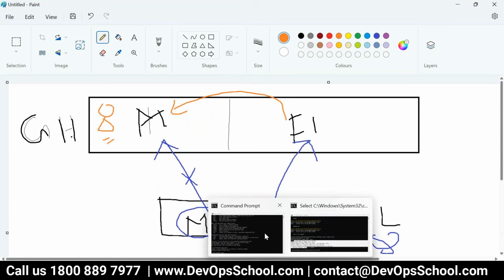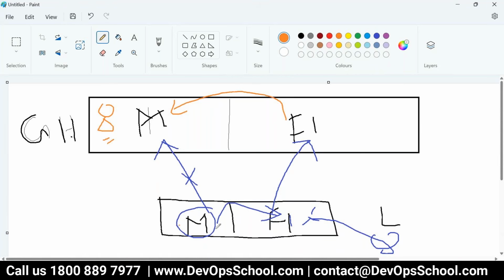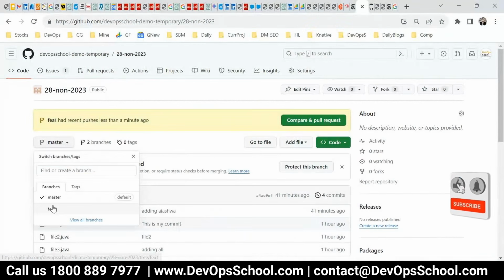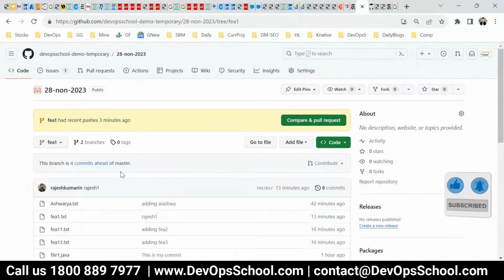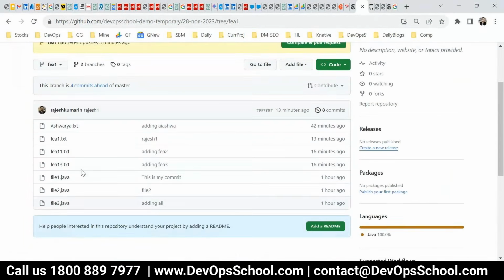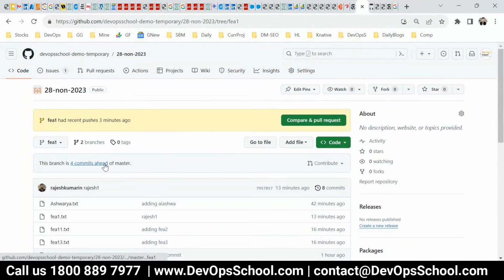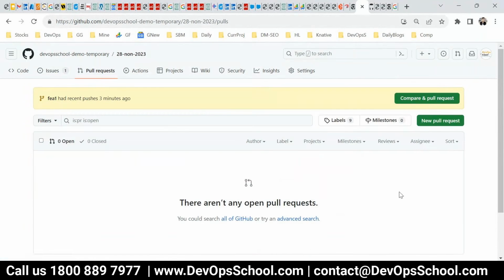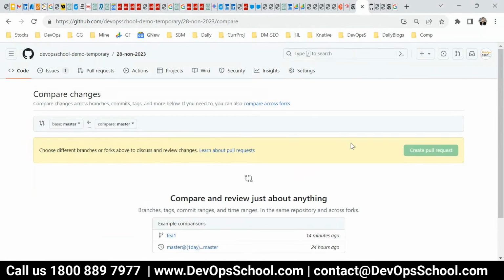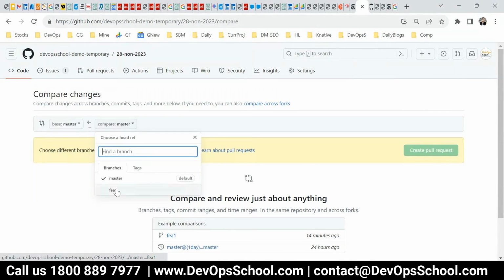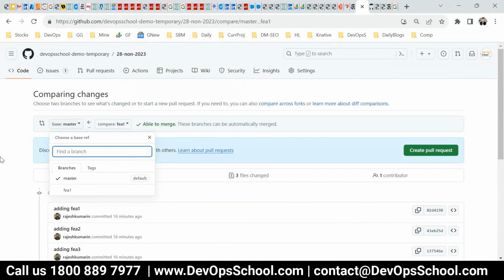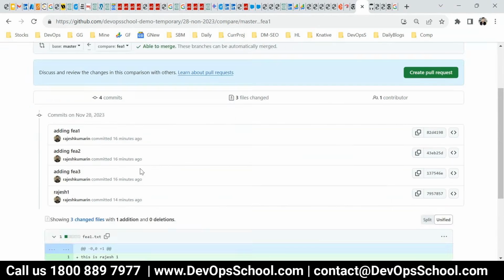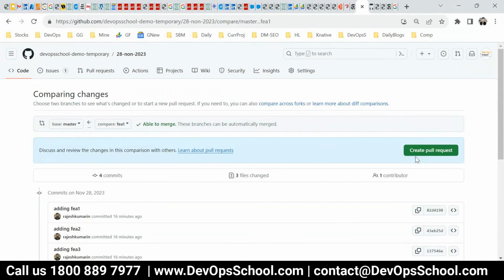So what I did, I have two branches. I created fee1 from master, committed something in fee1, and then pushed that to GitHub. You see that here? I pushed it here. Fee1 is there. Now I have to decide, okay, in fee1 I have some new changes and I want to send them to the master branch. What to do? Here you have a notification anyway, but I'll show you through the formal process. New pull request. Now you decide from where to where. So fee1 to master. These are the changes that will go. Fee1 to master, and create a pull request.